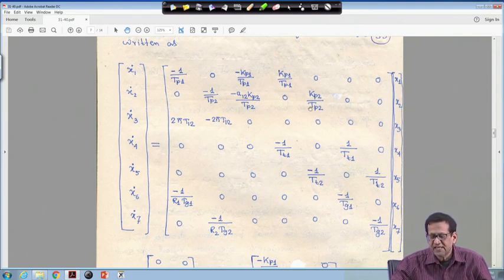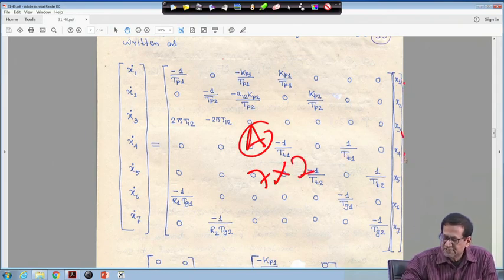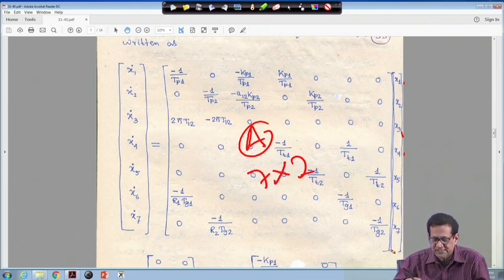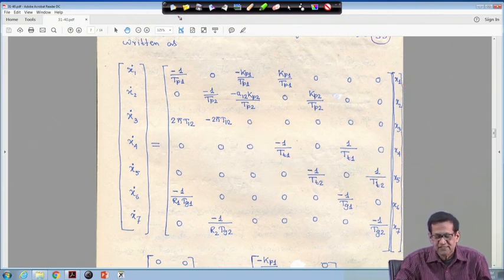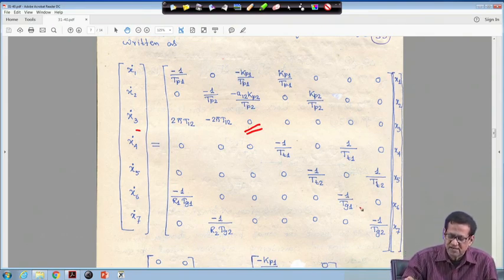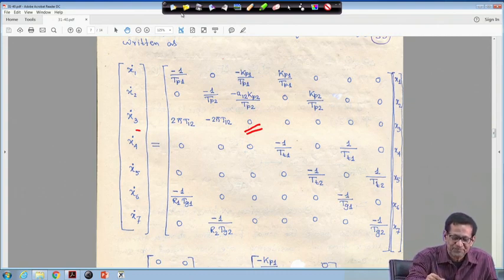And x dot is equal to A, this is your A matrix, it is 7 into 7, this is x1, x2, x3, x4, x5, x7. So, x dot is equal to Ax plus Bu plus gamma p, I will show you. When you write this equation, you will find that for x3 that diagonal element is 0, but all other diagonal elements are negative, right. And similarly, you can easily make this on your own. I am not making it here, otherwise it will consume a lot of time, right.